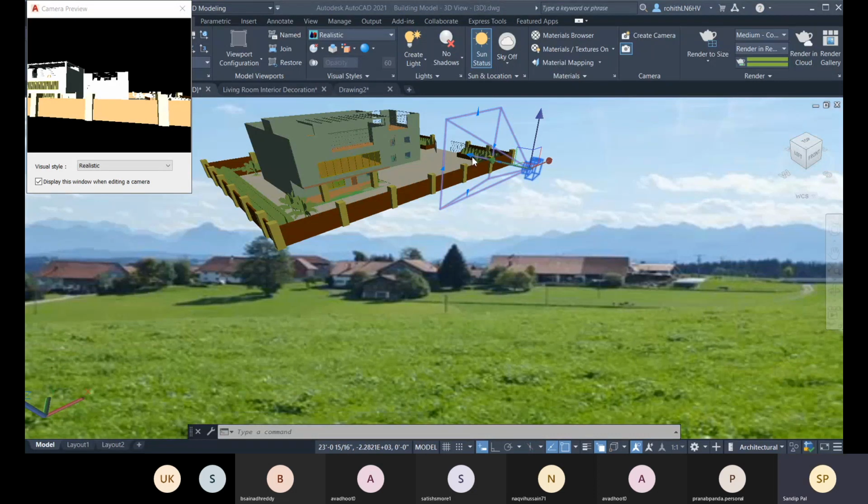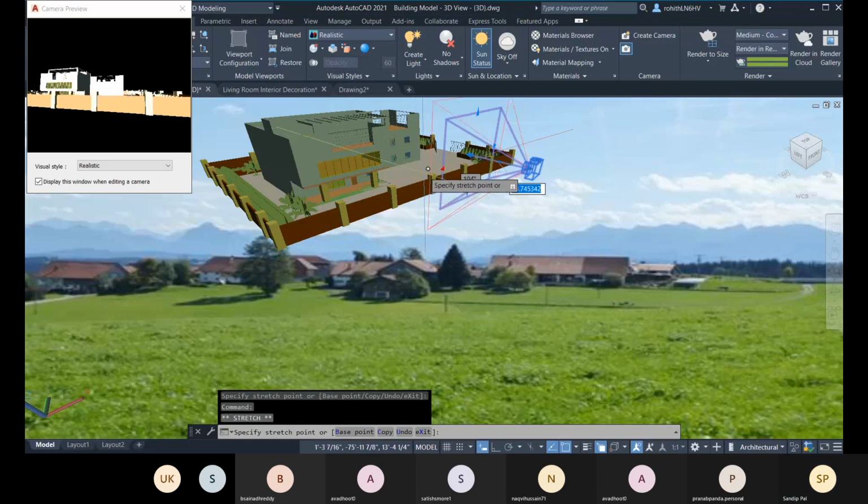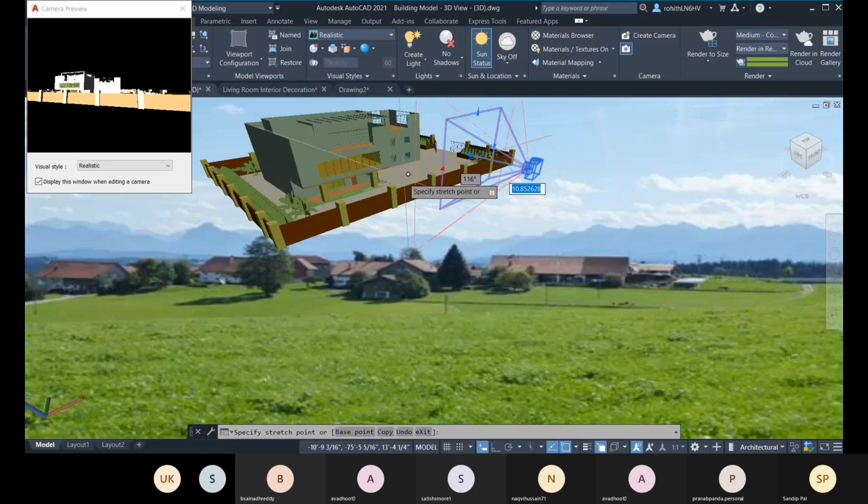Okay, so you can change the field of view. And when you change the field of view, you will see that it is being changed.